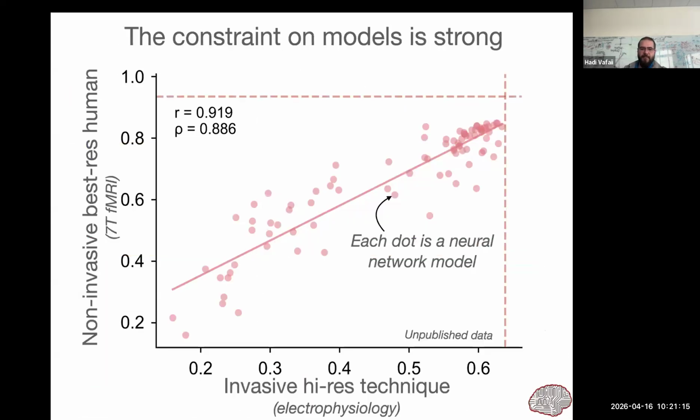Okay, yeah, let's look at this picture. Each dot here is a neural network. This is actually an interesting thing, a little beyond what I was saying: the x-axis is predictivity with high quality MRI data, and the y-axis is predictivity with high quality electrophys data. And so what are we seeing here? It doesn't matter which recording modality you use. You basically get the same result across all the models.